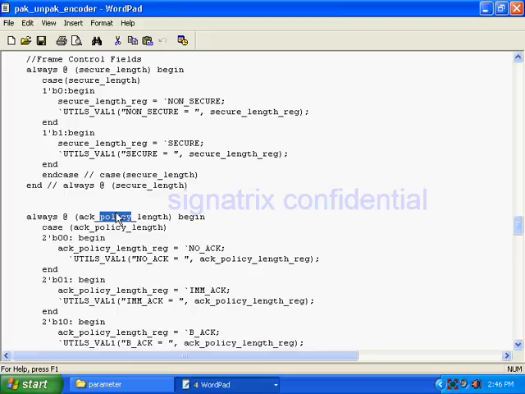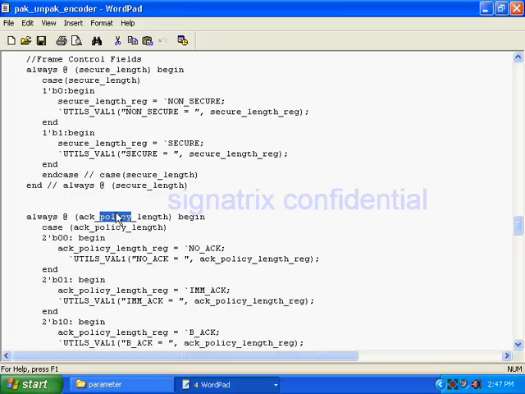Yeah. So suppose you take an example when you want to explain something. Suppose there is an IN transaction. IN transaction means the host is looking for data from the device end. So what will the host do? Host will send a token packet. Device will read that token packet and come to know that the host is looking for data. Device will prepare the data and send the data to the host. How will the device come to know that the data reached properly or not? In that case the host will send you an acknowledgement. So that is what ACK policy is.